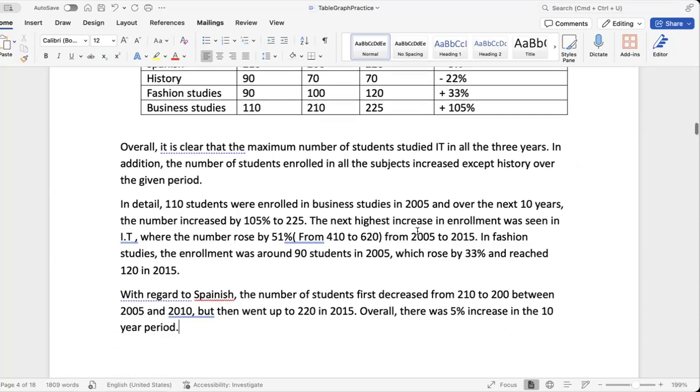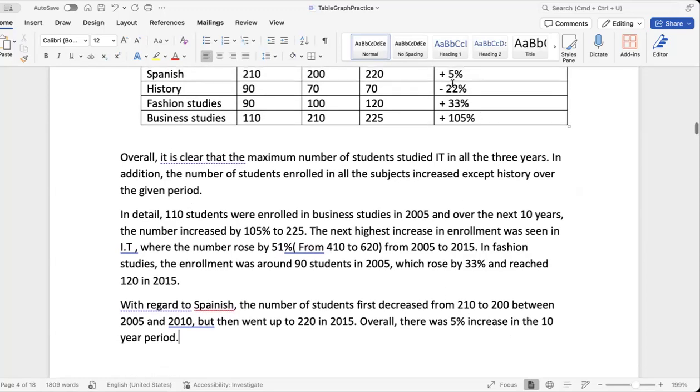Just to give that clarity also. Is that clear? Overall, how much increase was there? 5% increase. Is that fine? Yes. Okay, with regards to Spanish. Okay. And finally, you can talk about